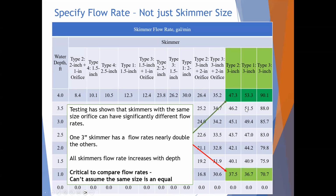One thing we want to focus on is that skimmers are not all equal. TRI Environmental did some testing for Georgia, and they tested 3 different skimmers, type 2, type 1, type 3. This chart's from their test report. Their test tank is 4 feet deep, so it goes from 1 foot to 4 feet. What you'll see is 2 of the skimmers had similar flow rates at 1 foot depth. They were both around 37 GPM, but one was nearly double at 70 GPM. All 3 of the skimmers had an increase in flow from 1 foot to 4 feet of depth of about